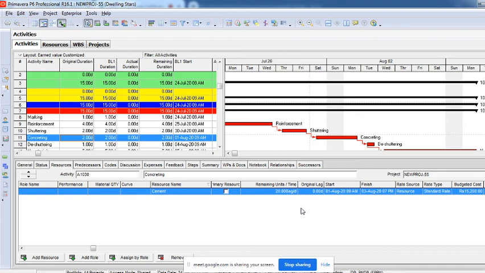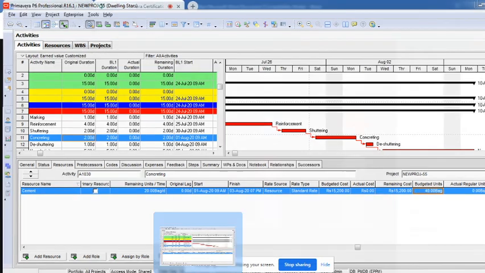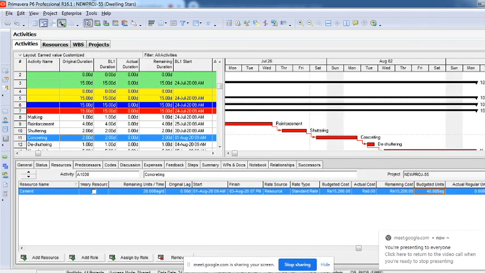Anyway, it is only a plan. How much you have used is not what you're telling. You're telling how much you will be using. It's only for accounting purpose. Probably you are using 10 bags on the first day and 30 bags on the second day. That you will have to update in actuals. Right, this is only a plan. For accounting, I can tell in total budgeted units how many bags I want, so I can understand the quantity of the work and then add the quantity here. Alright, in a similar way you can add the non-labor also. So this is how you can create the roles, resources, and then assign them to the activities.